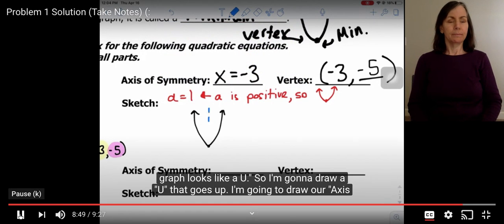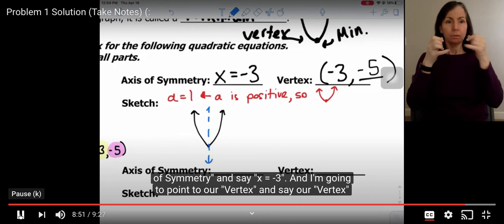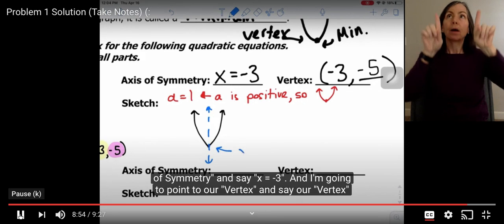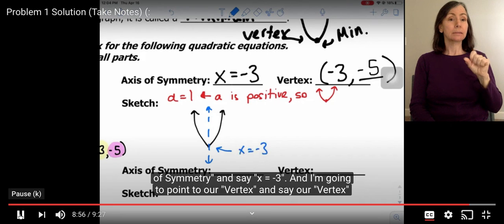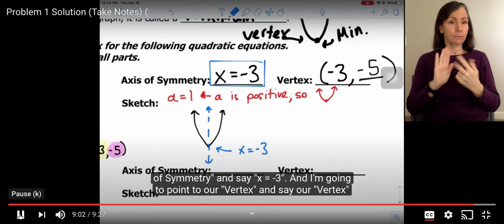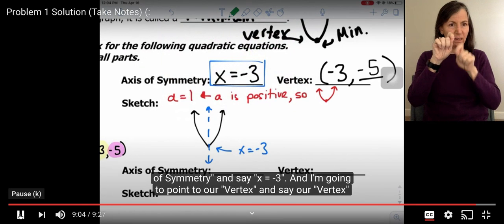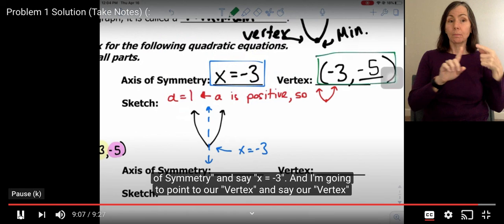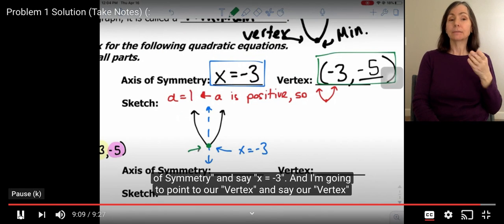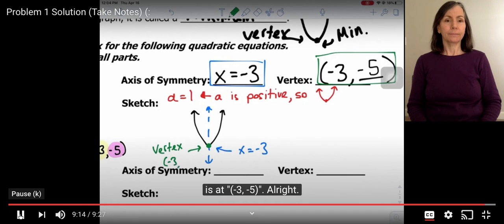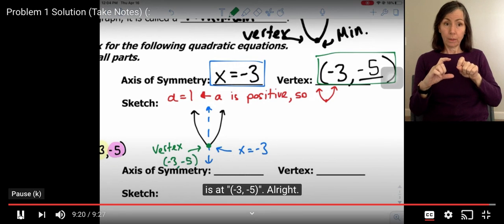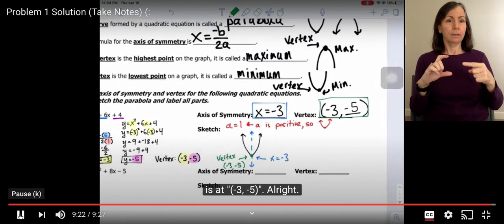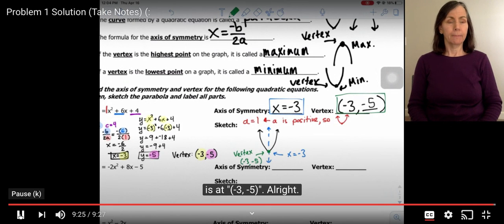I'm going to draw our axis of symmetry and say x equals negative 3. And I'm going to point to our vertex and say our vertex is at negative 3, negative 5. All right,